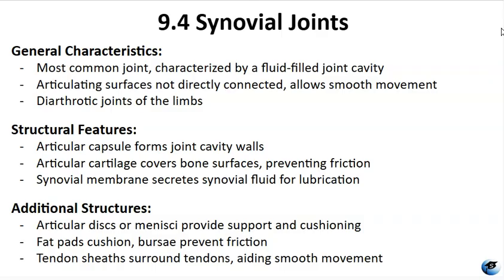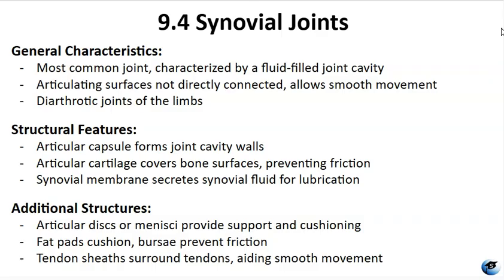They feature a joint cavity, which is characteristically not seen in fibrous or cartilaginous joints. So the fluid-filled space between bones allows them to articulate smoothly without connection, and this greatly increases mobility. Synovial joints are defined as an articular capsule forming the joint cavity walls with articular cartilage covering bone surfaces to